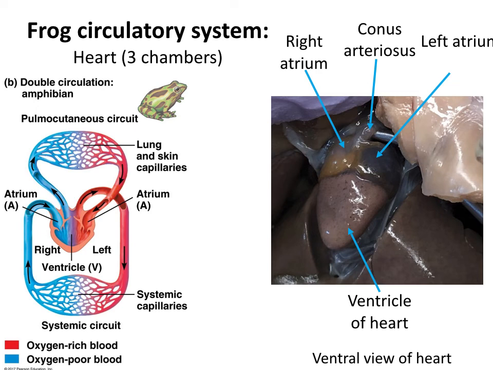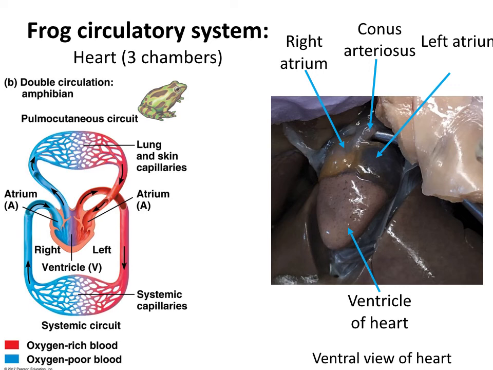Okay, that blood that's coming back from places where it just got oxygen has to mix with blood coming back from the body. Okay, so blood returning from the body comes through the right atrium, and blood coming back from the lungs